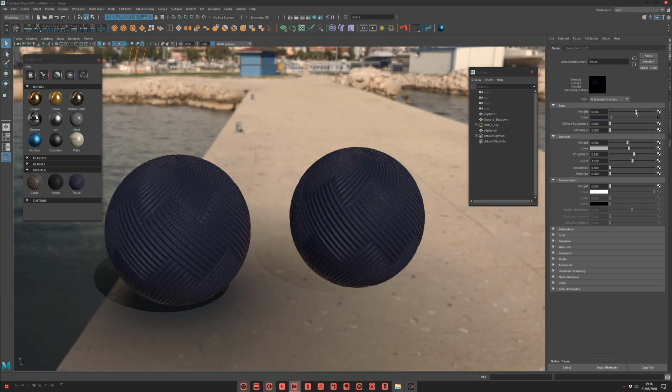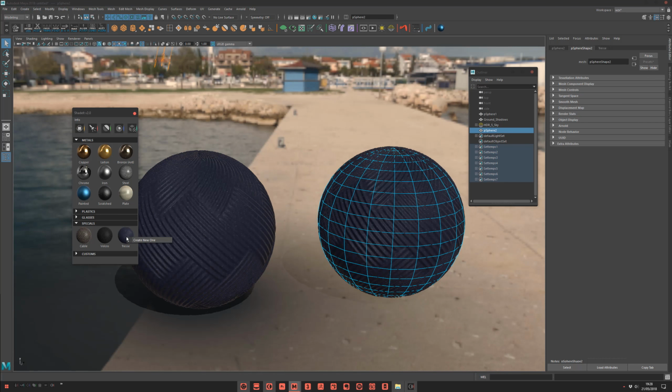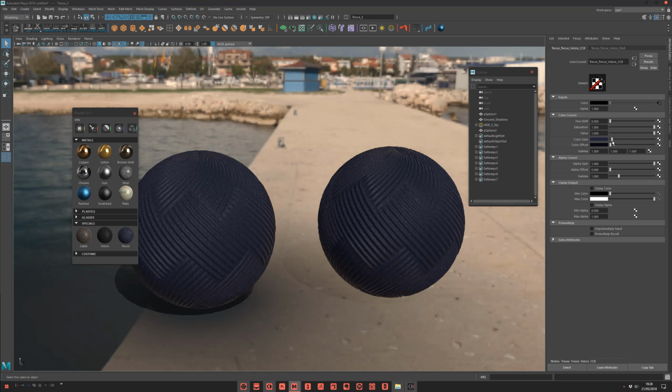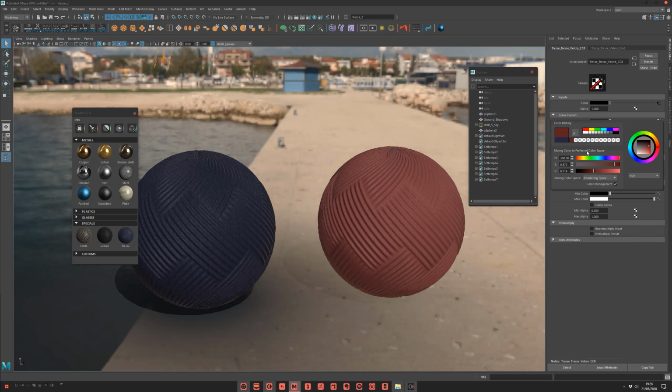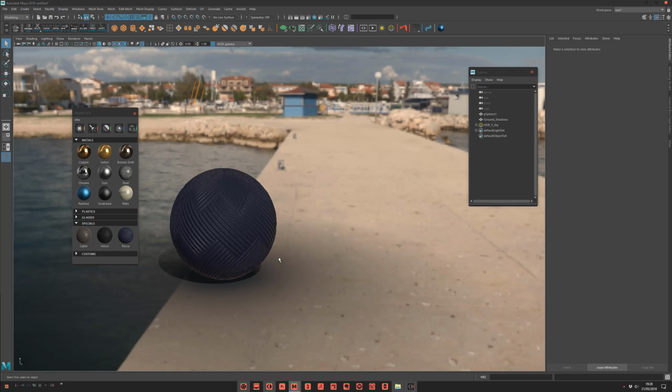So if I modify something, that modifies the instance. To create a new one, just select it, right click, create a new one, and that will create a new instance. And now I can modify that. For example, here, if I want something different, yeah, okay, you have two shadows. Great.